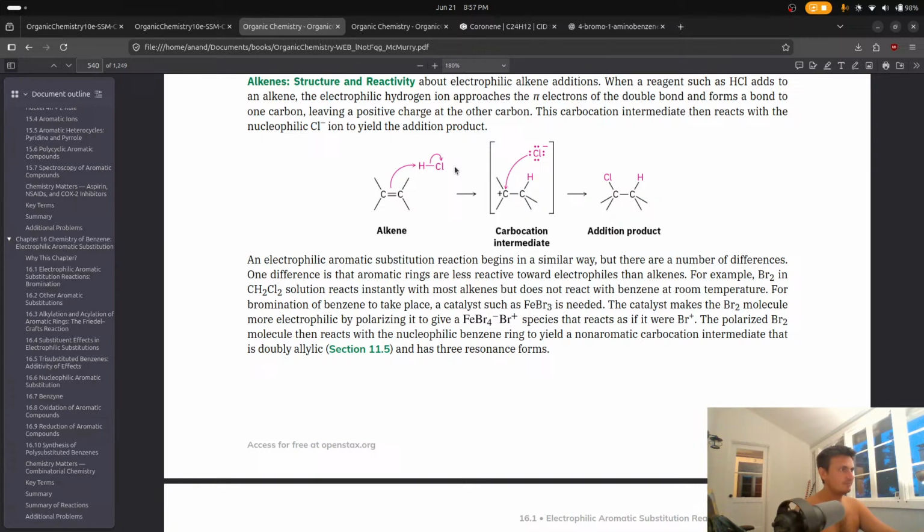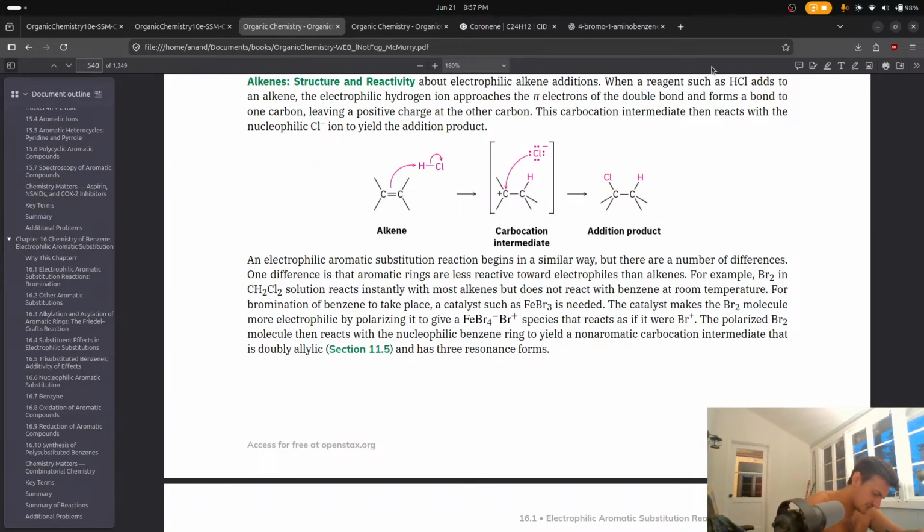For bromination of benzene to take place, a catalyst such as iron bromide is needed. This catalyst makes the bromine molecule more electrophilic by polarizing it to give an FeBr4 minus Br plus species. Okay, so